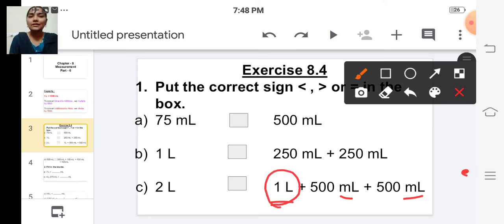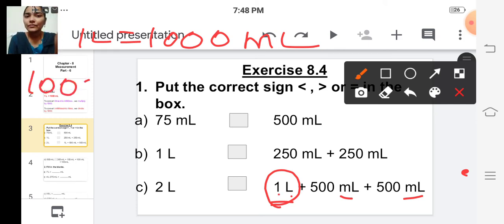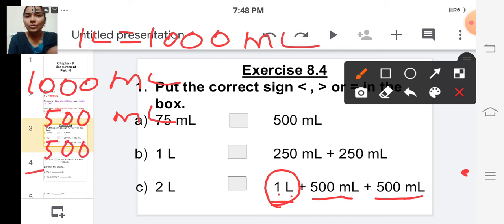Okay, and we already know that 1 liter is equal to 1000 milliliter. So to convert liter into milliliter, we have to multiply by 1000, right? Multiply by 1000. So 1 into 1000 is 1000 milliliter plus 500 milliliter. So write 500 milliliter plus this 500 milliliter. So now add these three